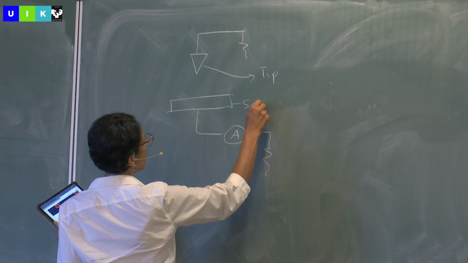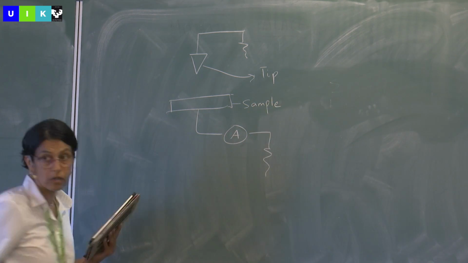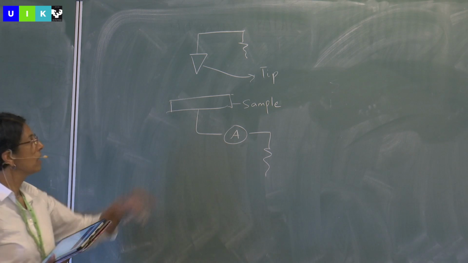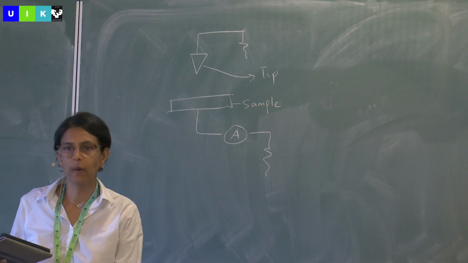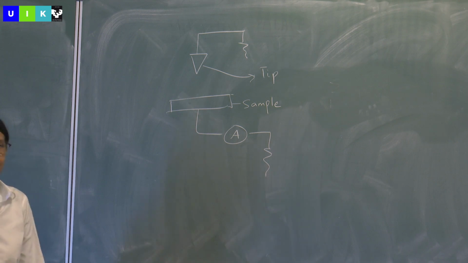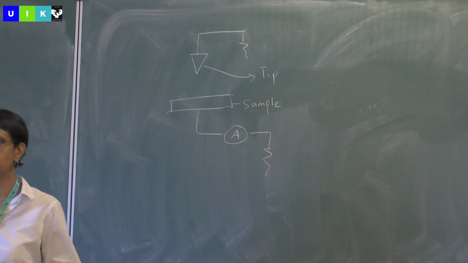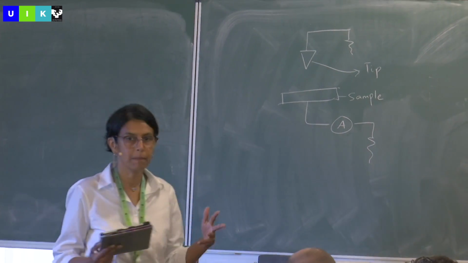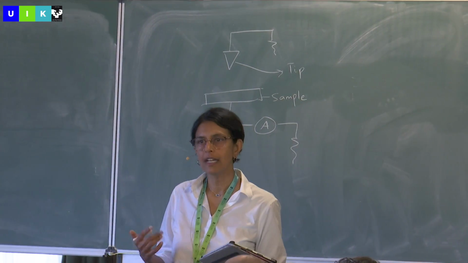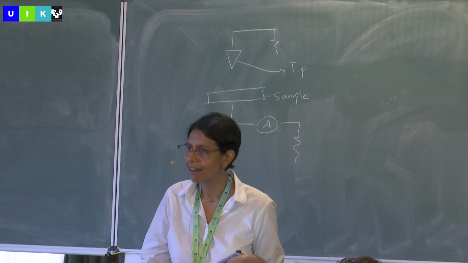Using piezos, by the way, piezoelectric crystals, you bring this tip really close to the sample, within a few angstroms, and at that distance you are at a tunneling distance, so you're able to tunnel across the vacuum barrier from the tip to the sample or sample to the tip. And the thing we measure in STM is the tunnel current,